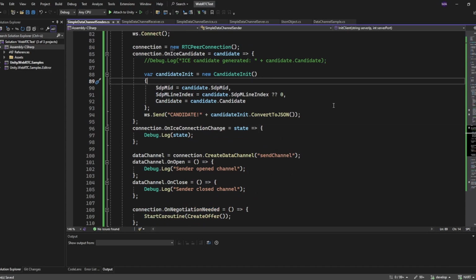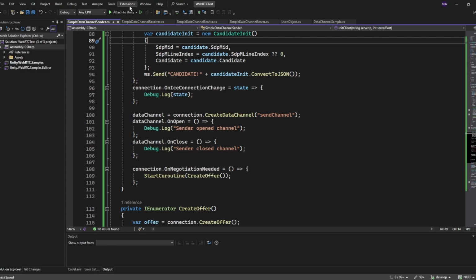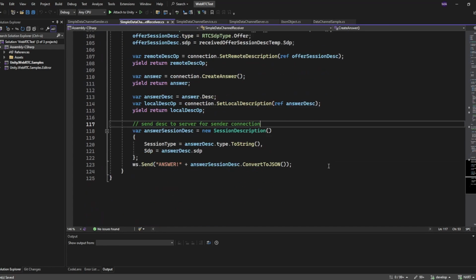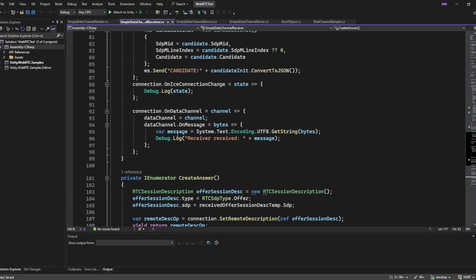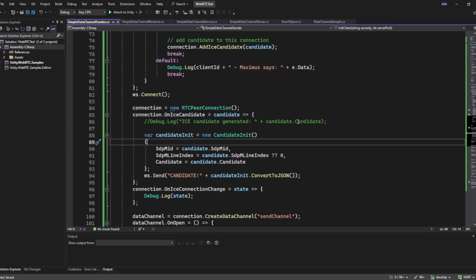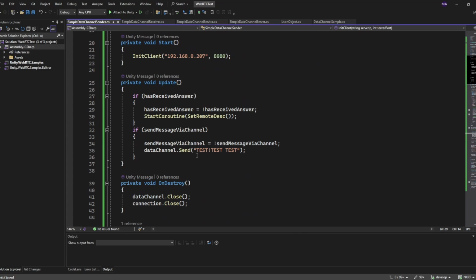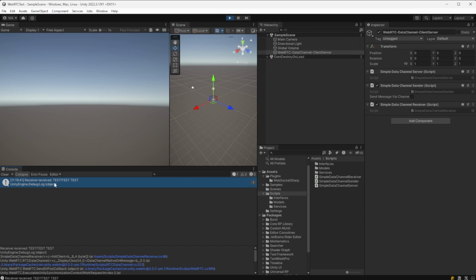And let's check if that's right. We have sender opened the channel. The receiver received the message on the data channel in the receiver class, and the sender class sends us this message, DataChannel.send test. Nice. So it works on the local machine now, but we also should